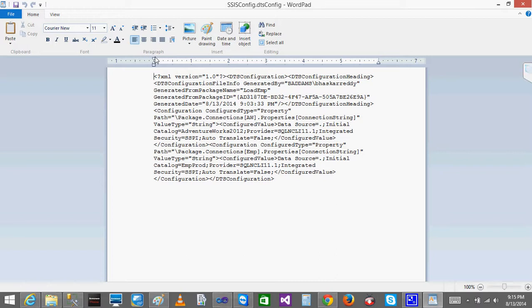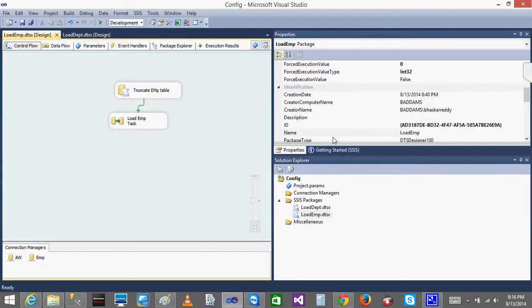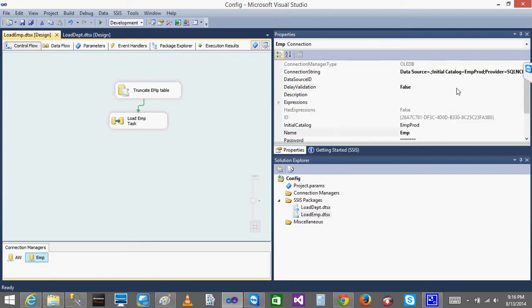Now what I will do for the connection for this EMP, so this EMP connection, right? In the config file, in the data source, I will give that server name. And after that, for the initial catalog, instead of EMP prod, I'll just give EMP. That's it. Control S. Okay. Save it. So now when I see by default, what is the connection I am having in this? Now it is pointed to EMP prod, right? You can see, I'll just copy this connection